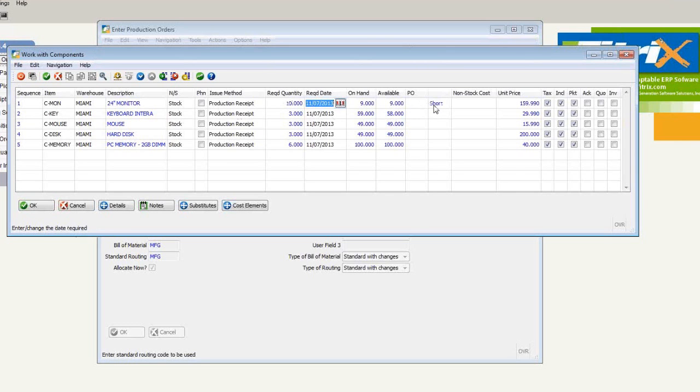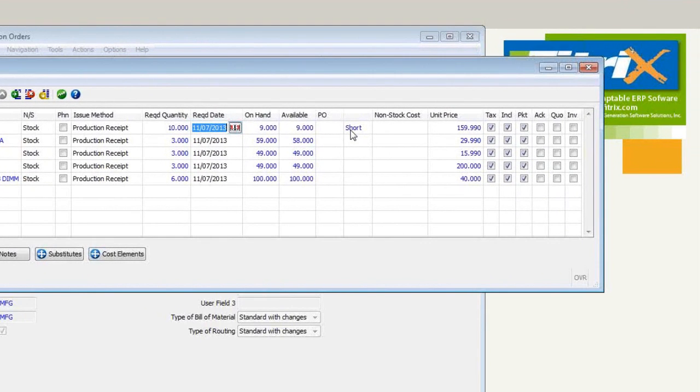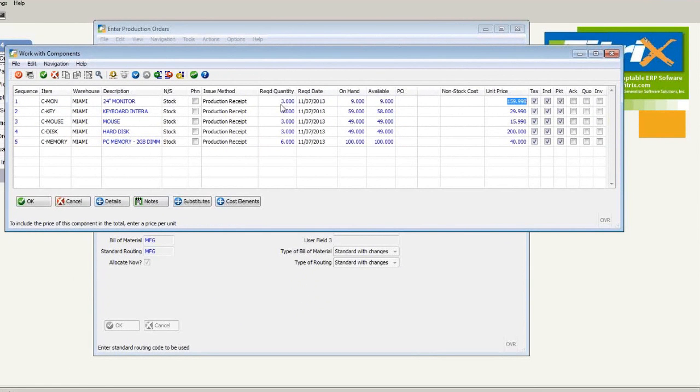As we save this order, if any of those components show up as short, I will be prompted to have the option to create a purchase order immediately to address that shortage and tie that purchase order back to this production order. So at every step along the way, the system's helping me to determine where shortages might exist and how to address them. So I'm going to go ahead and put that back to a quantity of 3,